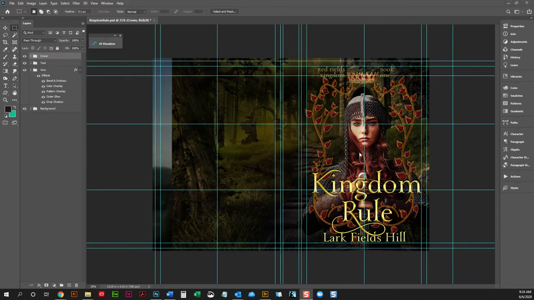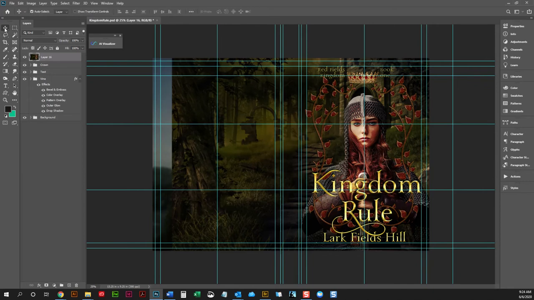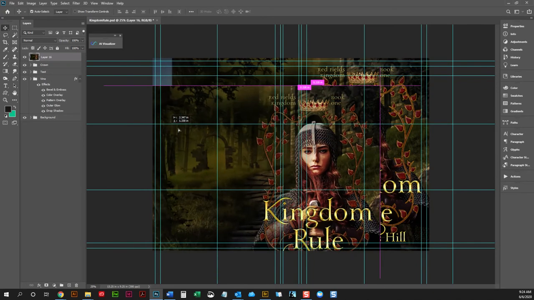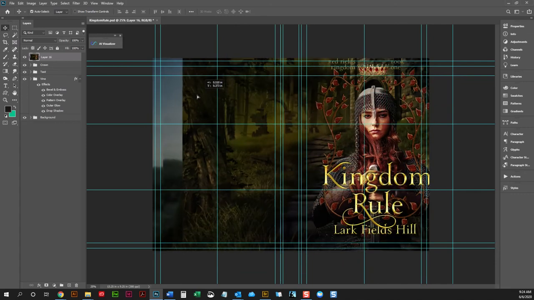Now remember, I am on a PC, so when I say control, that means command. When I say alt, that means option. All right, so first thing we're going to do is create a snapshot of this, and to do that, it is Shift Control Alt E, and you will see. Oh, let's do it again. There it goes. You will see that Photoshop created a layer on top of everything, and it is a flattened